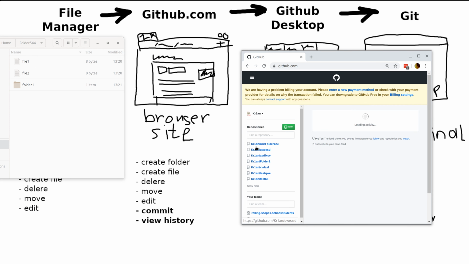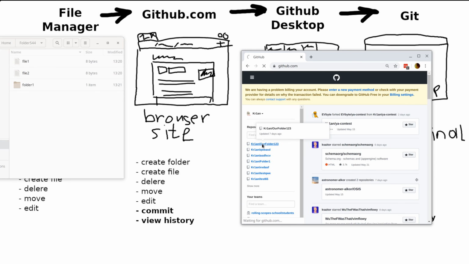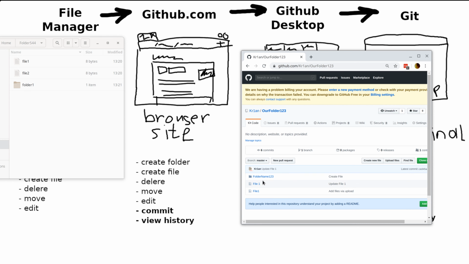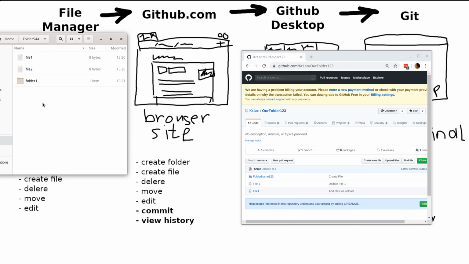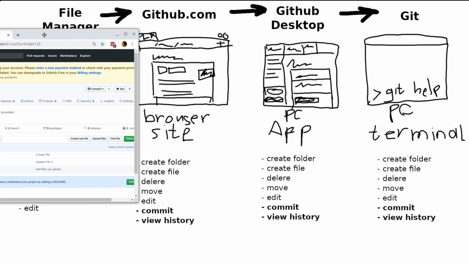Here's our github.com and here's our repository. Our folder and files, as you can see, are very similar to the local file manager, only located on the internet, so everyone can access it. This was our second step, and the third step was